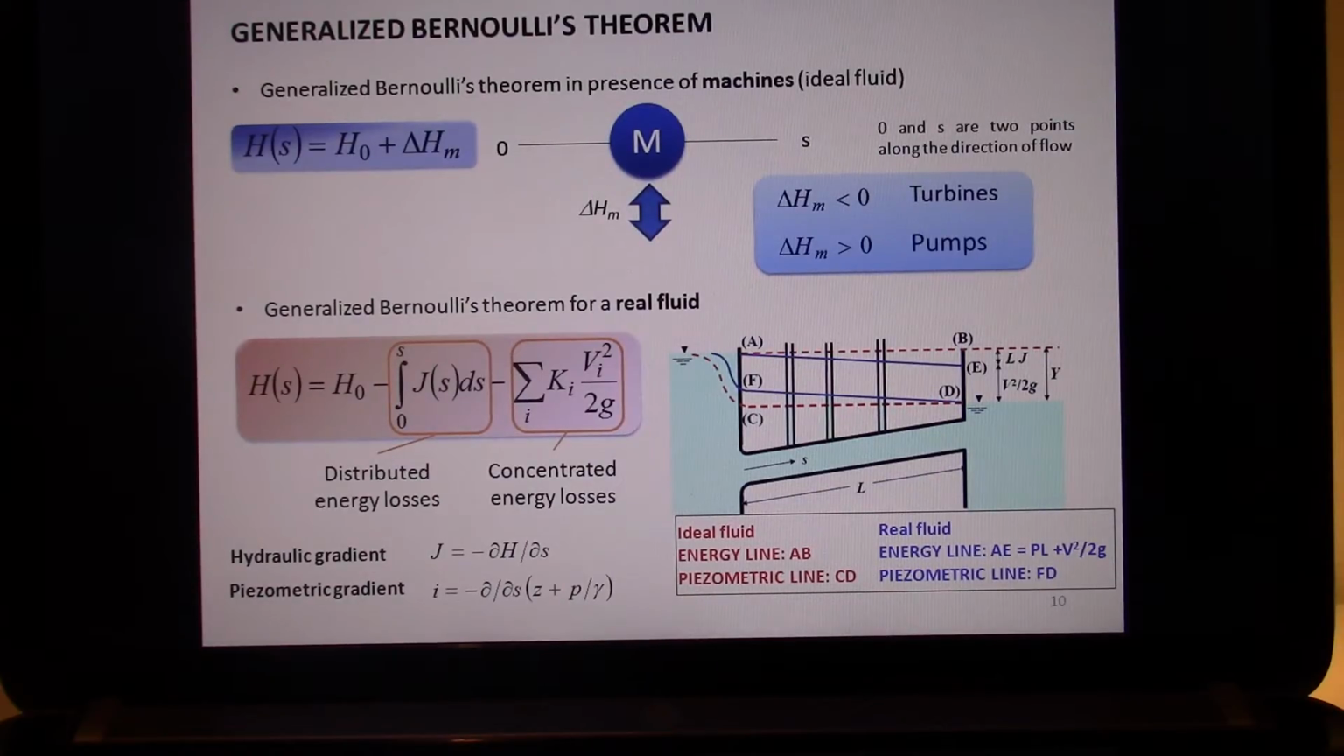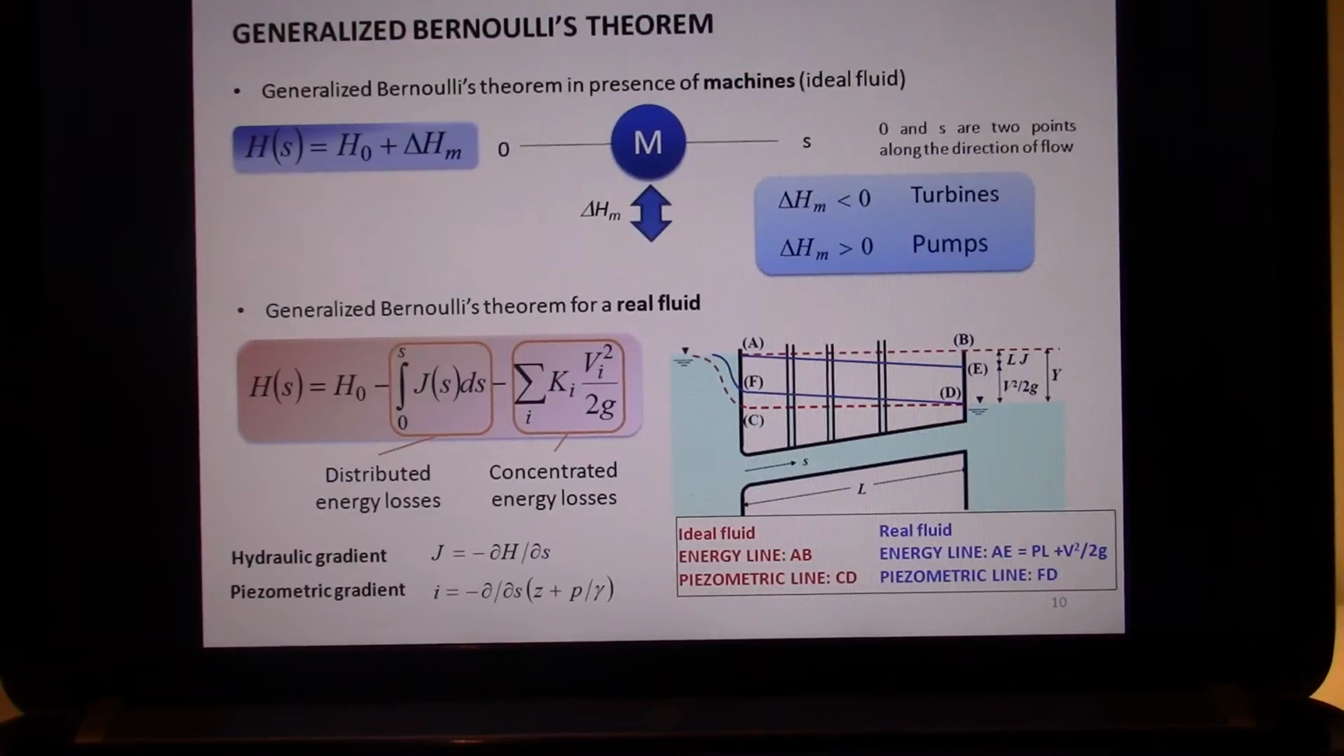So basically, you insert pumps. So pumps are machines that increase the energy of your fluid. So basically, for example,